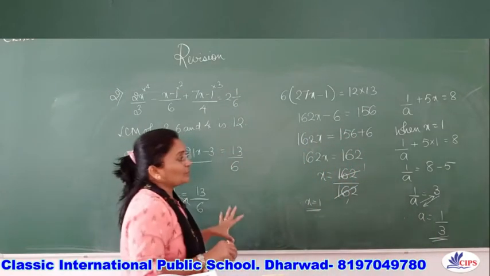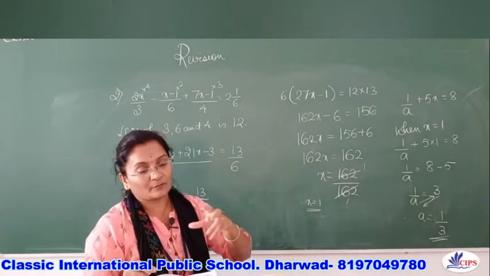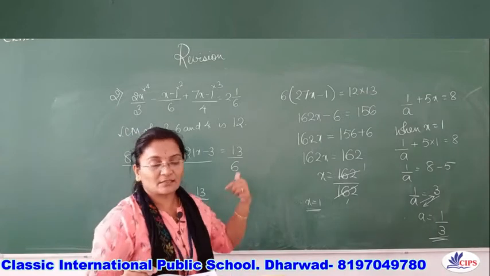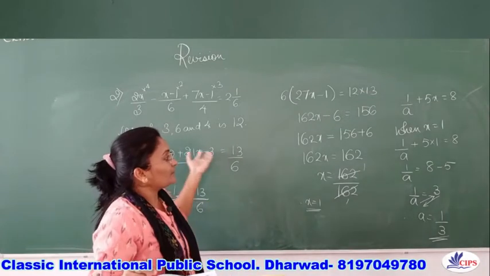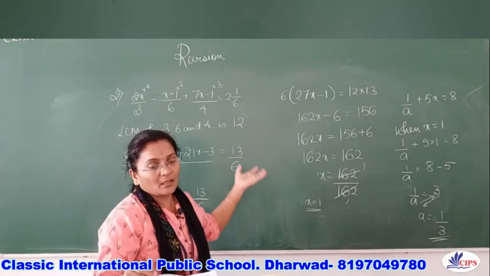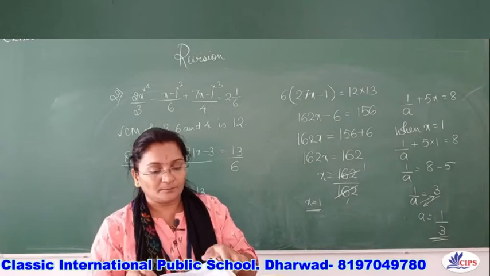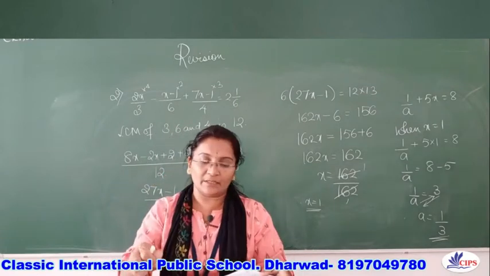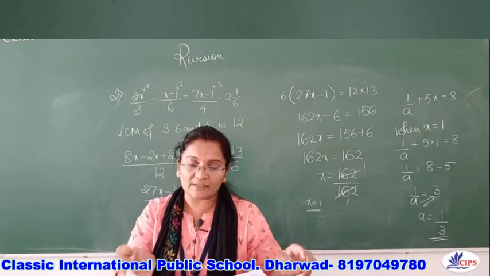So go through the question properly, read the complete question like how I have done. When I started the question I first read it half, later I read the question completely and then started. So please don't make that mistake. Read the question properly, solve the sum completely. So we have completed the revision of exercise 14a. So let's move on to the revision of exercise 14b.